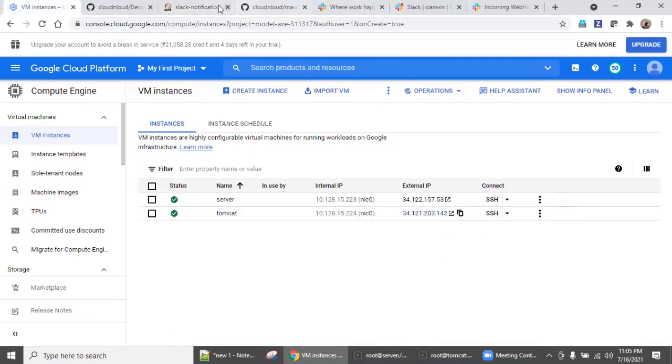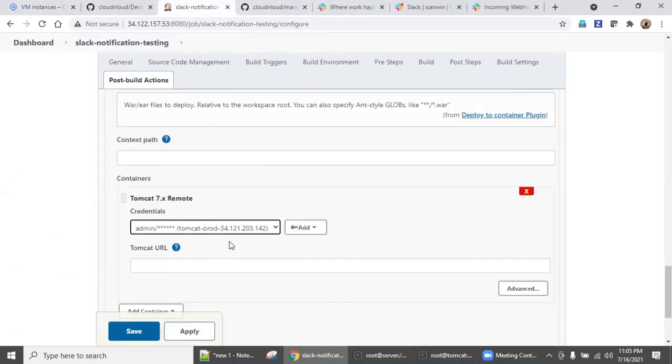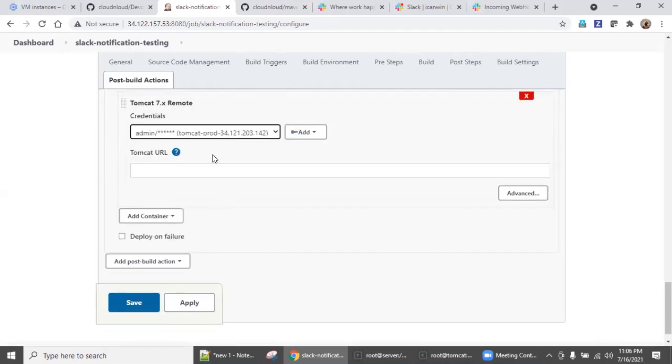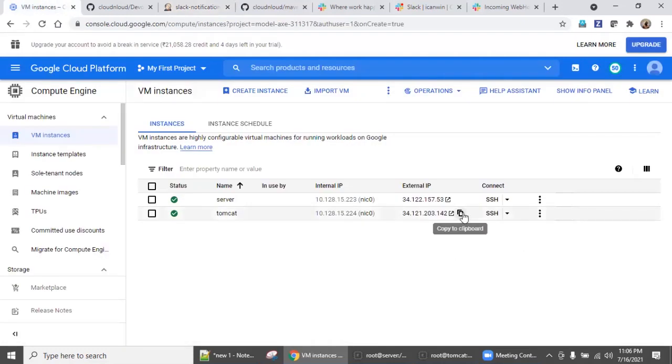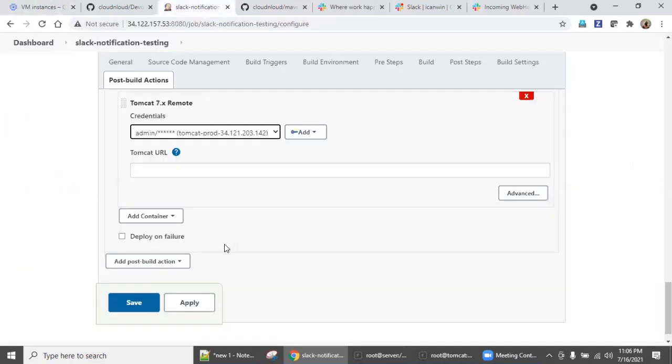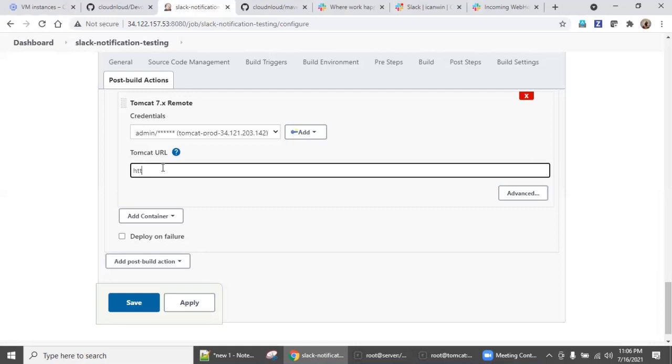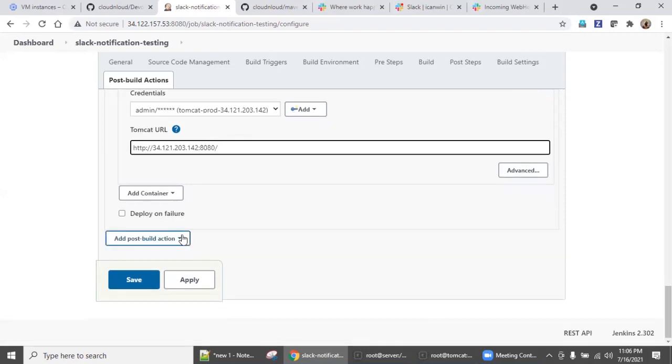Yes. So please make sure, because there will be a lot of web application servers in every environment. So what is the URL? So copy this, go back, say http:// the IP address :8080, because Tomcat, right?